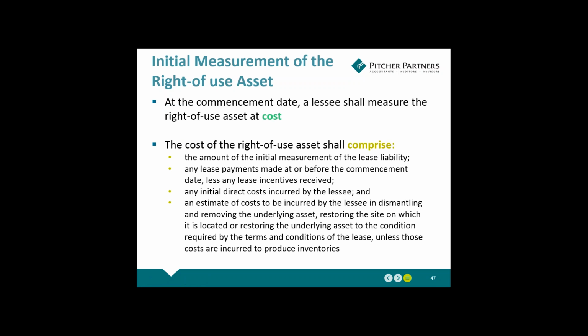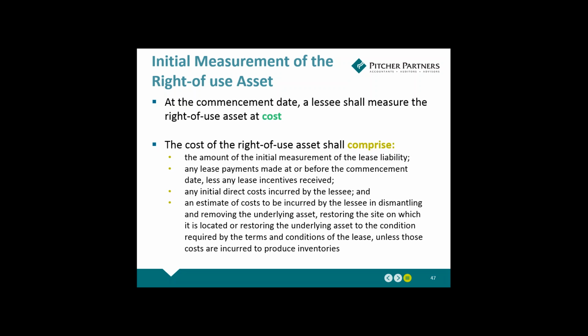If you look at the initial measurement of that right of use asset, at the commencement date, a lessee shall measure the right of use asset at cost. And then they go further. So cost of this right of use asset shall comprise the following. So earlier, I saw there was a question on how did I come up with my 185 in my amortization table. We'll work through that now, and that's why I've not responded to that question earlier. So the cost of the right of use asset comprises of the following. The amount of the initial measurement of the lease liability, which we'll discuss very soon.